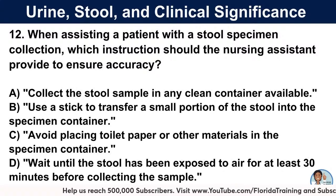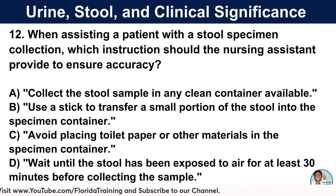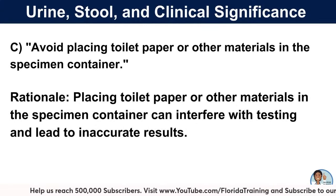So many of you all have the correct answer. For this one, it's not B because we don't use a stick to transfer. We use a tongue depressor, like that wooden tongue depressor when your doctor makes you say, ah, yes, that's what we use. That's not a stick. So if you chose C, you want to avoid putting toilet paper or any other materials